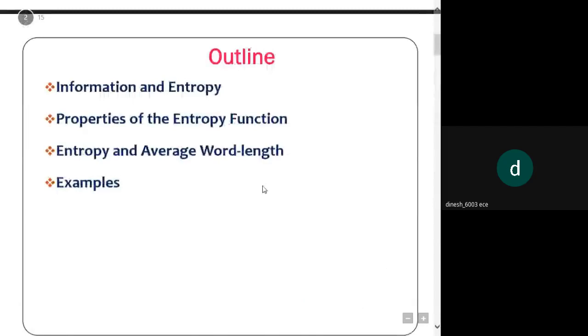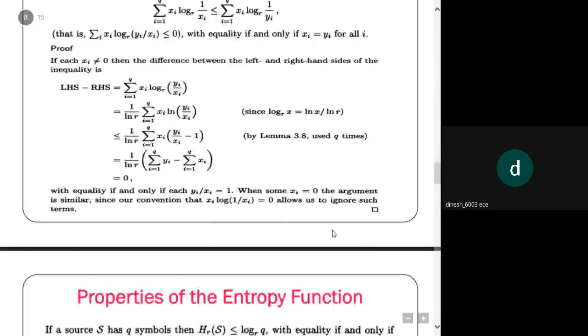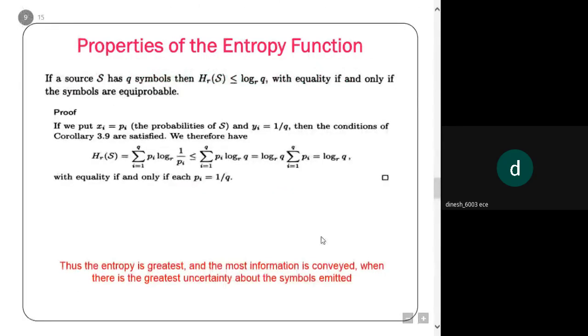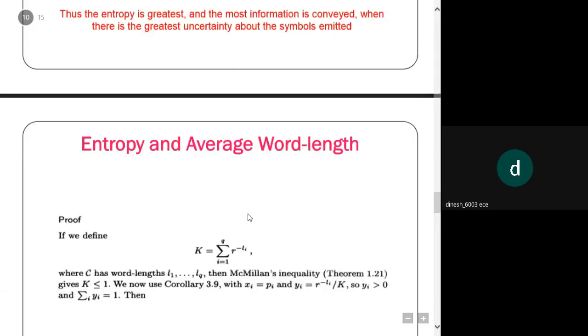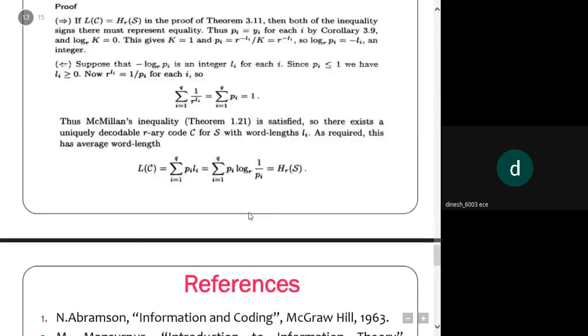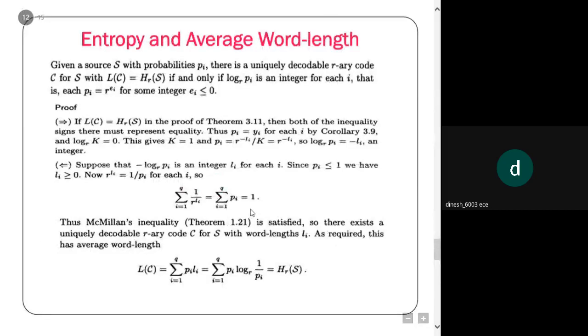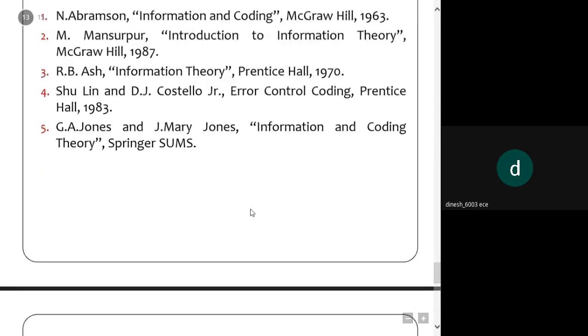So this I had shown you in the last class also, what we are going to see in the next class, last Wednesday. So information and entropy topic, properties of entropy and average word length with relevant examples. So we have taken Shannon coding theorem. The same formula with a different notation of properties, average word length, entropy and average word length, and this is the source coding theorem that we have done. Okay, so these are the reference